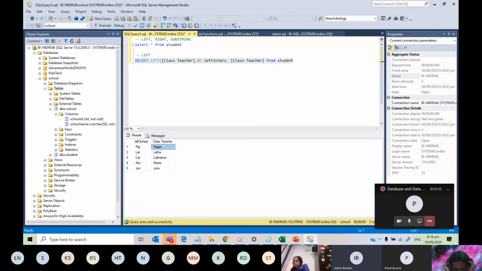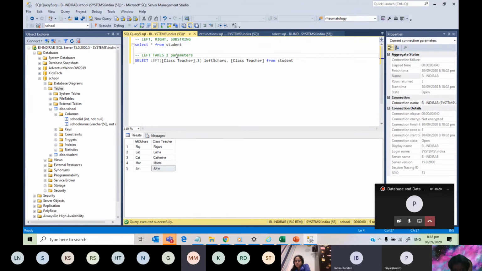Raj, Rajni, Lat. So like this, cat. Morris, John. Okay. So that's how you use the left function. The left function always takes 2 parameters. I'll just write here, because there will be a question definitely on this, takes 2 parameters.